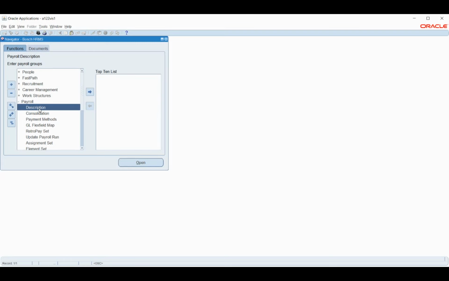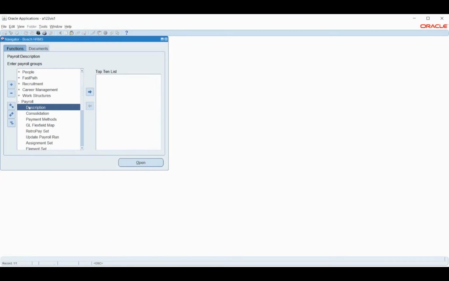Okay. So under payroll, yeah, under this payroll we will have all those components added. We saw that we have the payment methods and the other configurations. So this we call the basic configuration for enabling us to run the payroll. To run the payroll, we have two, three components to be added to the employee.